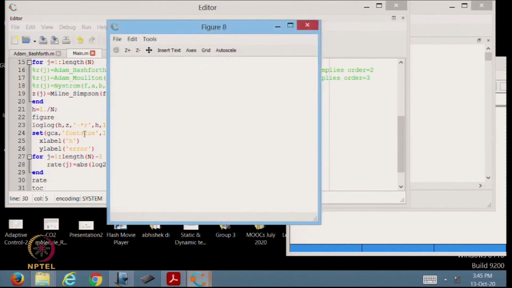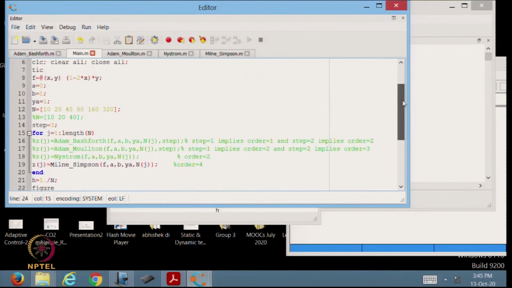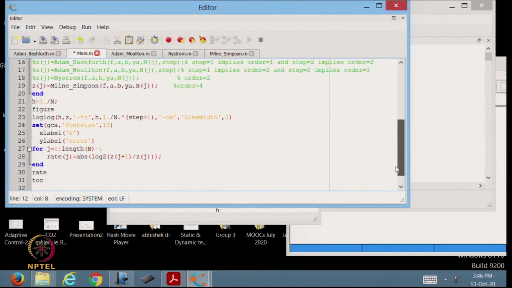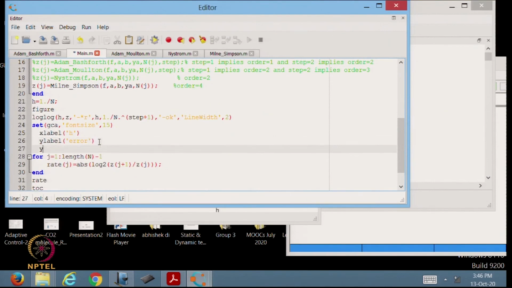Okay. Why are these different figures coming? Because I am choosing different n. So, let us work out a particular case where I am achieving the maximum error. So, this is basically 320, and I have chosen only one, so rate will not make any sense, and your code will stop here. Again, some arbitrary thing I am writing, so that my code should stop here.